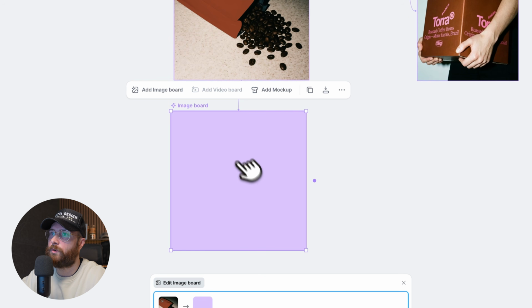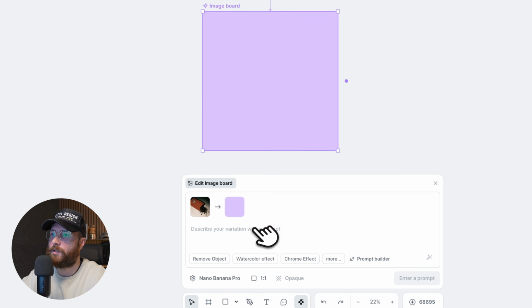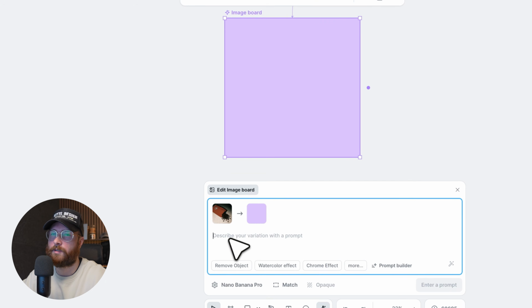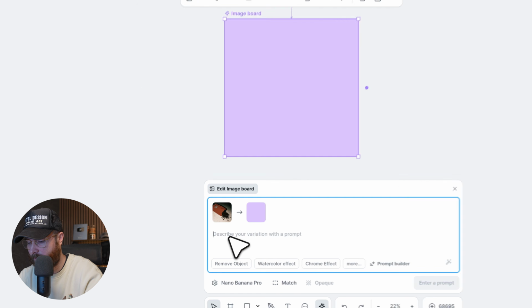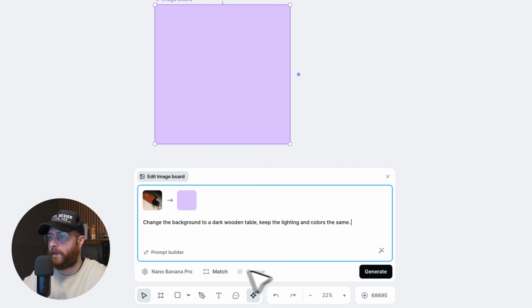I'm going to hit image board, and then I'm going to use Nano Banana Pro to change the background. And I also want to click match input because I want it to be the same exact size, which I think is a 1x1. So I'm going to say change the background to a dark wooden table, keep the lighting and colors the same. And we'll go ahead and hit